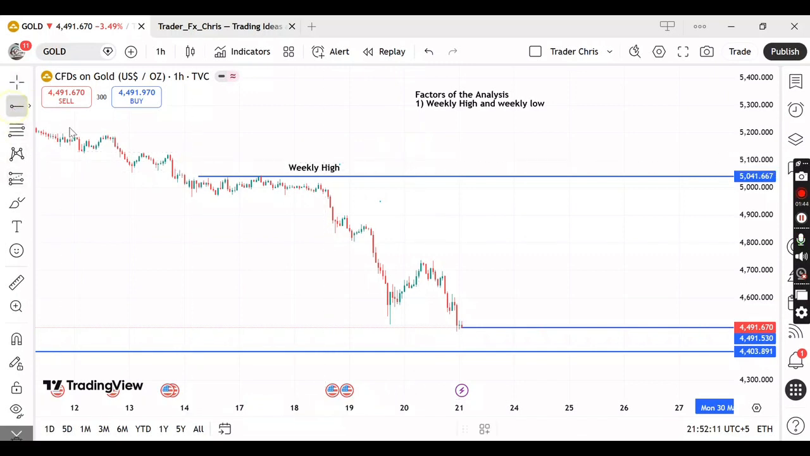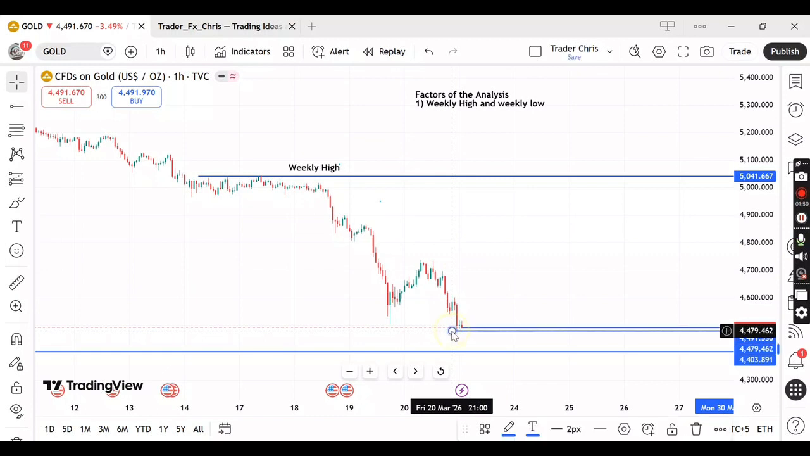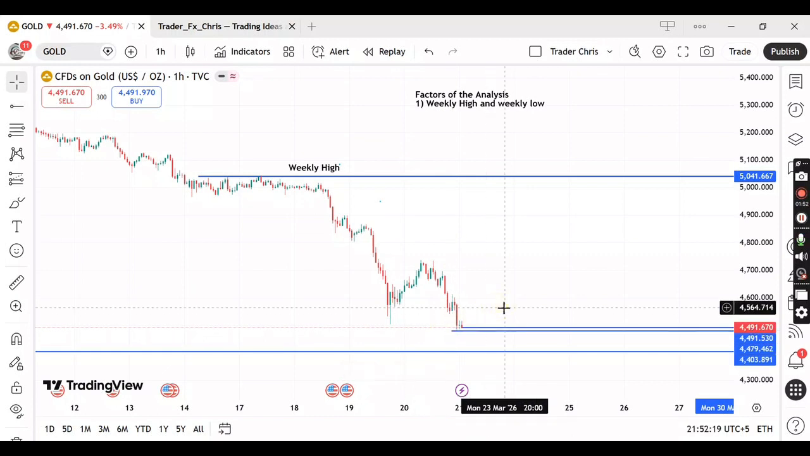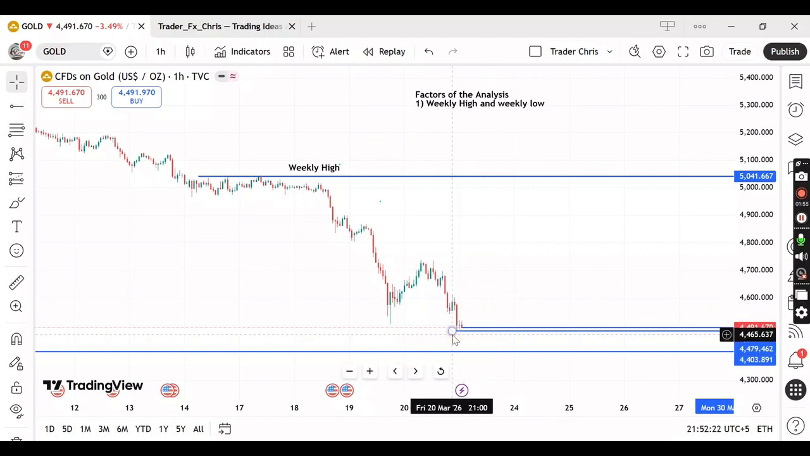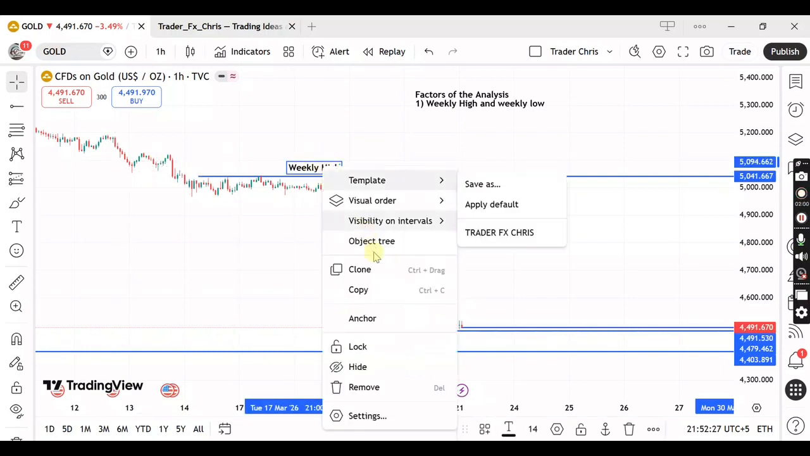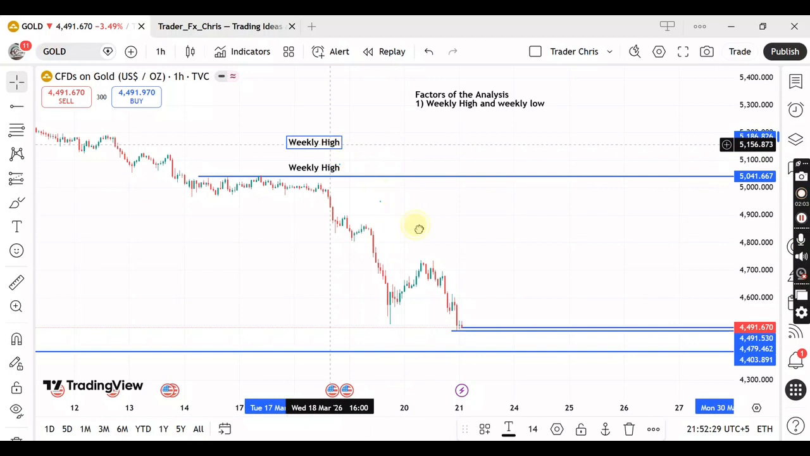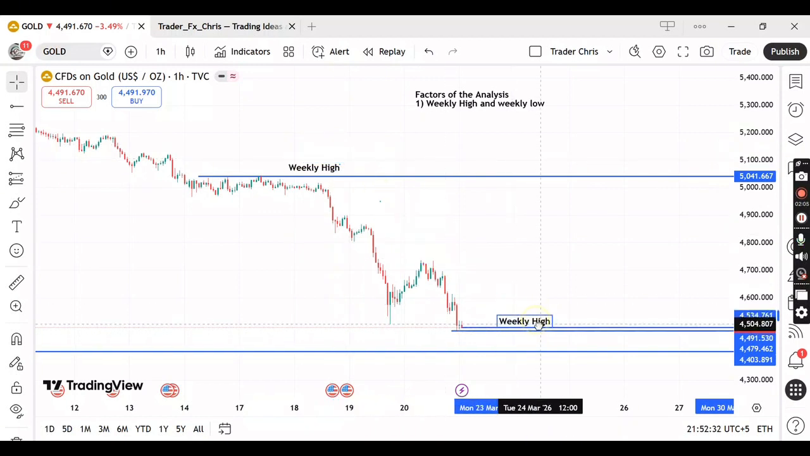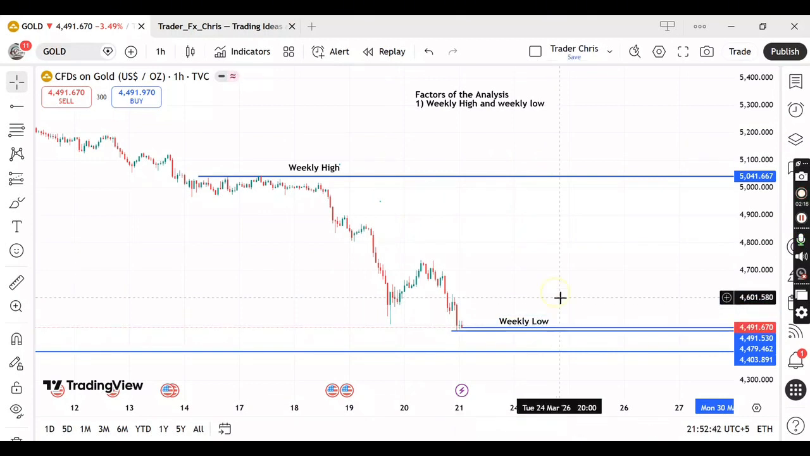Now we will see what the weekly low is. I think the closing of the market is almost the weekly low. So this area will be considered for the weekly low. Almost the closing is the area of the weekly low. Now we will see what the resistance and support levels are,